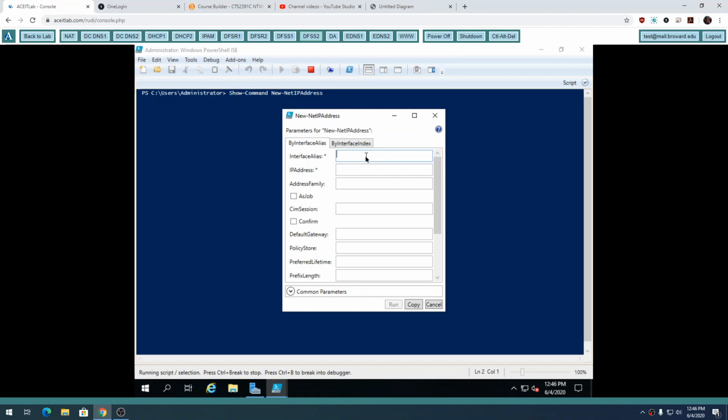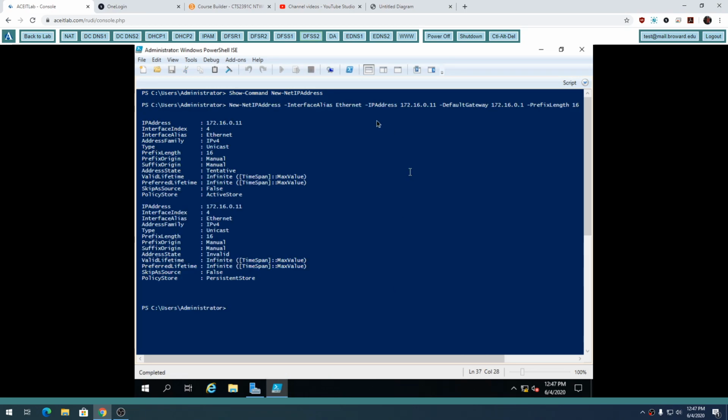So we can do Ethernet. So you have this graphic utility. I guess some people might find it useful. See, it fills in the command for you. So show command